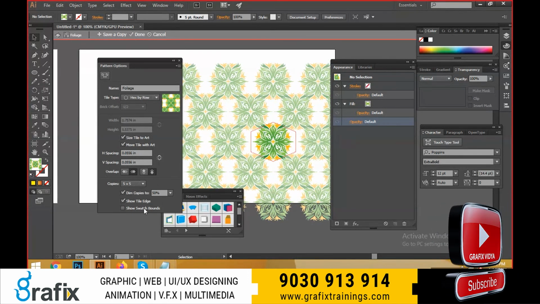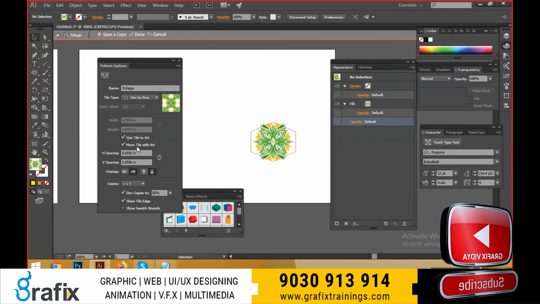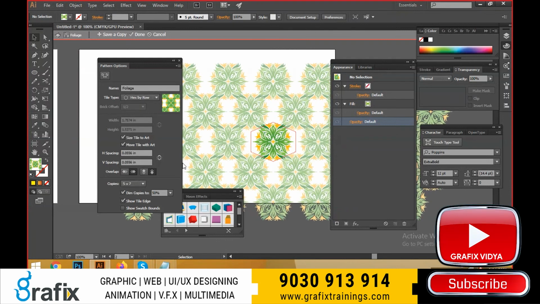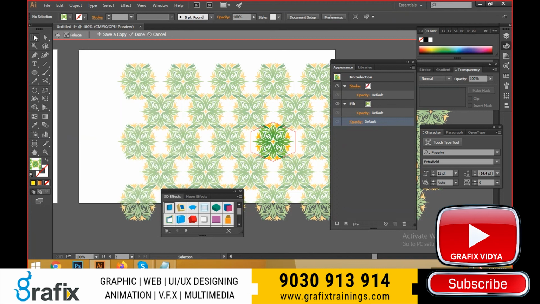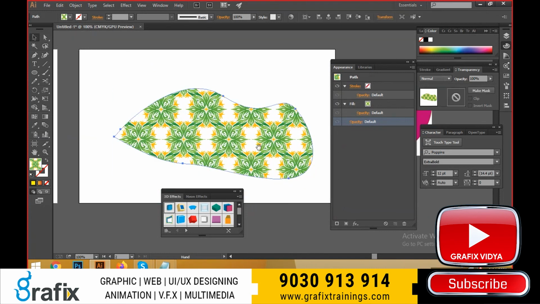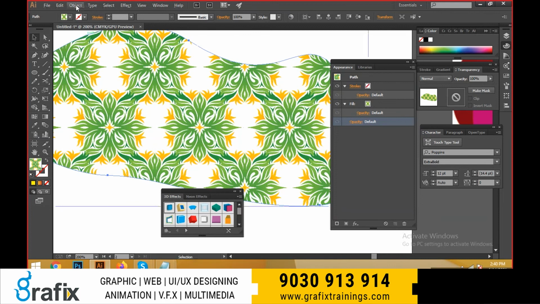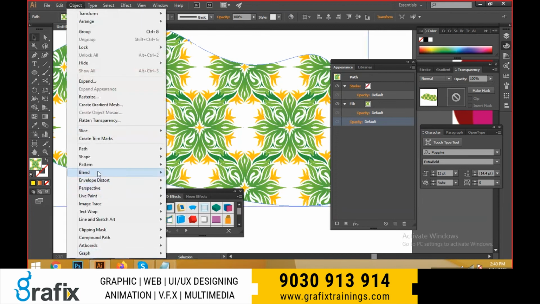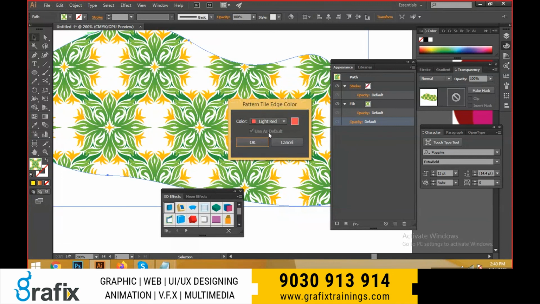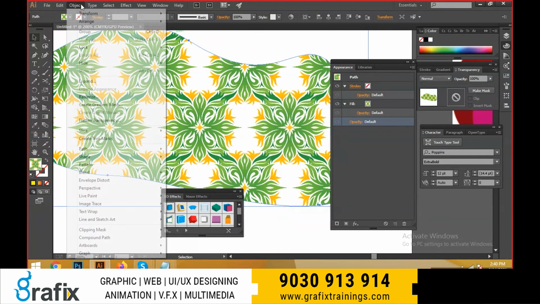And these are the overlapping styles, 5 by 5 copies. I'm just giving one by one, or I can make it some more styles. I can make it like this and select this one and close it and click it. Okay, just double click. This is a pattern style. Select this one, patterns, tile edge, colors. Nothing, it's not working. Select this one.